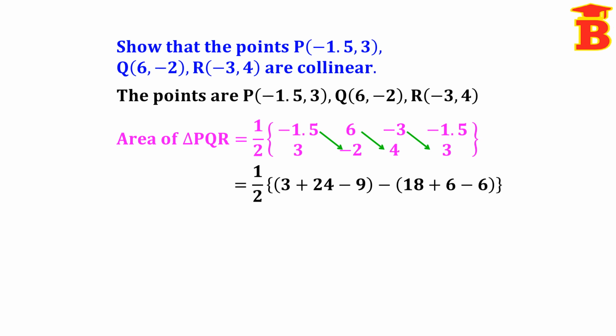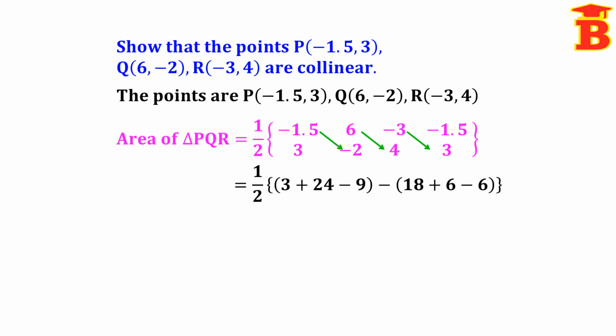That is equal to half into, we know the procedure, right arrow multiply minus left arrow multiply. First take this right arrow multiply, minus into minus plus, 1.5 into 2, 3, 6 into 4, 24, minus 3 into 3, minus 9. So this first bracket right multiplication